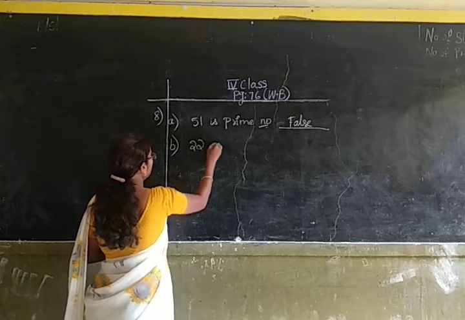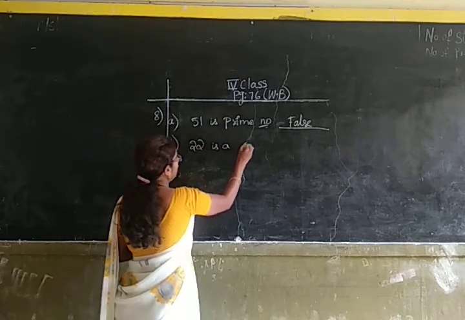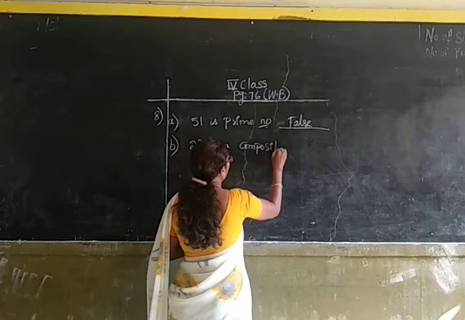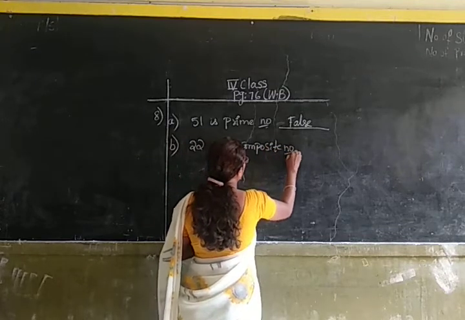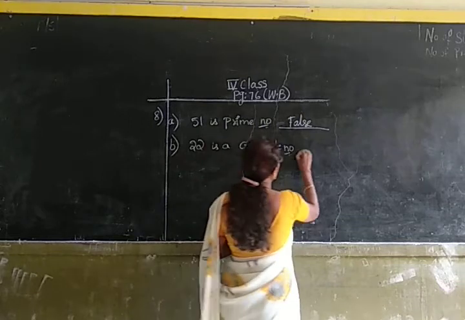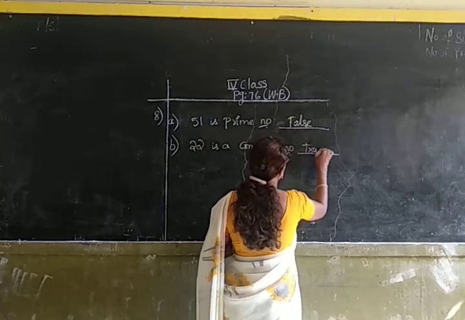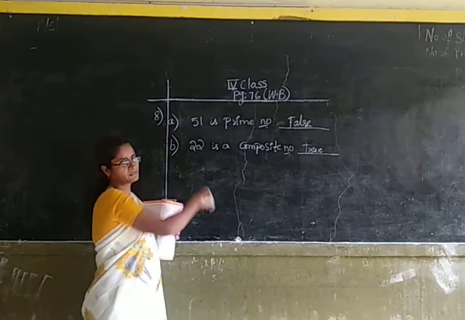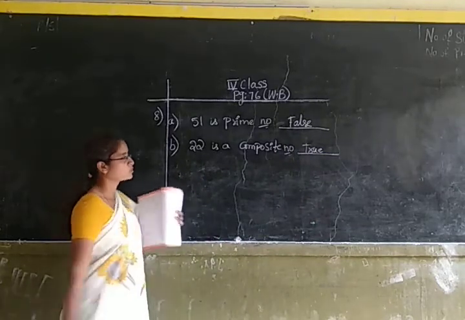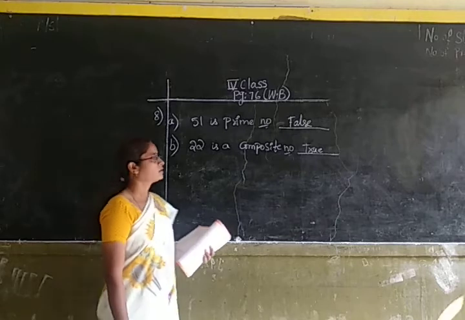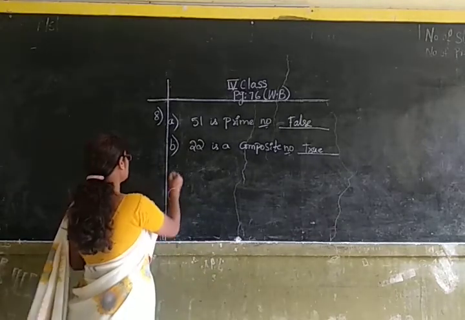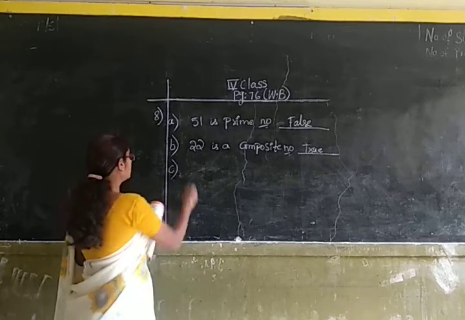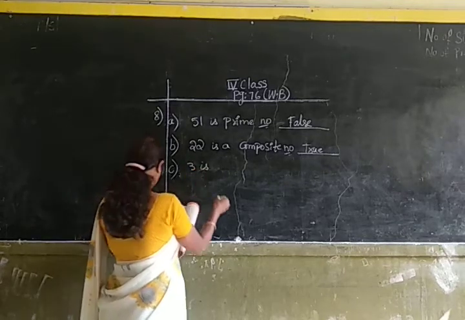22 is a composite number. The statement is true because 22 is an even number, so it is having more than two factors, so it is a composite number. Okay children. Next question. 3 is